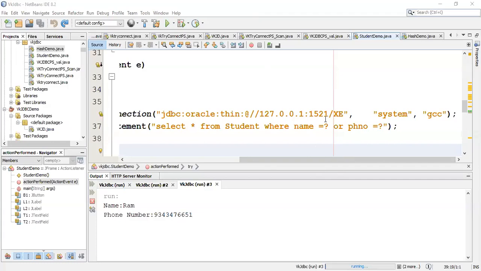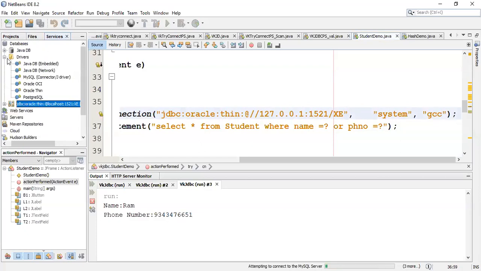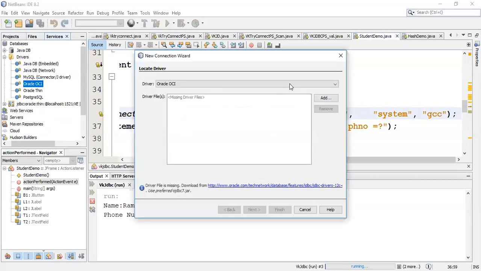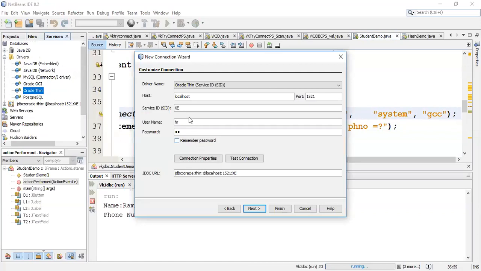So now here, as you all know, the getConnection method accepts 3 parameters. The first one, which you can see enclosed in double quotes and separated by a comma, is the connection string. Normally it gets generated in the services. As last time I had shown you, we have to go to the services, and in the database, go to drivers. Here, when you say connect using, of course, Oracle is what I have to use, sorry. The connection string gets generated automatically, and that you should copy. We have already copied that.